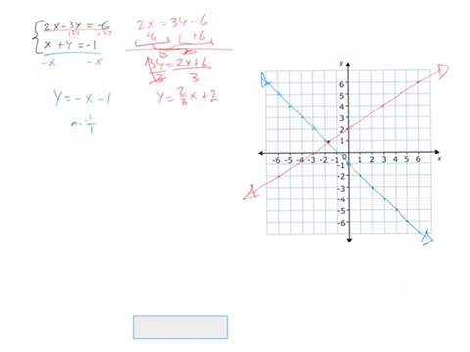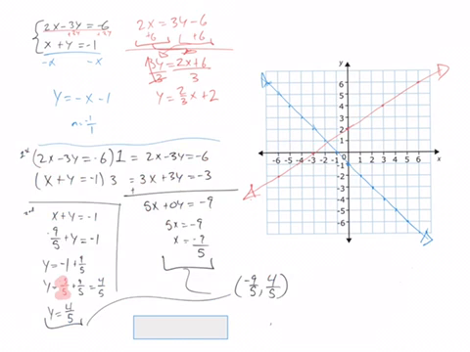So if we need an exact answer on this, which I think some of your homework does say find an exact answer, then we would need to use either elimination or substitution. But this would be a good help because we know approximately what they should be. I'm just going to run through solving this by elimination real quick. Because you already know how to do that, I'm just going to pause the video, go through and find the exact answer. Shabam! So as you can see there, our answer is negative 9 over 5,